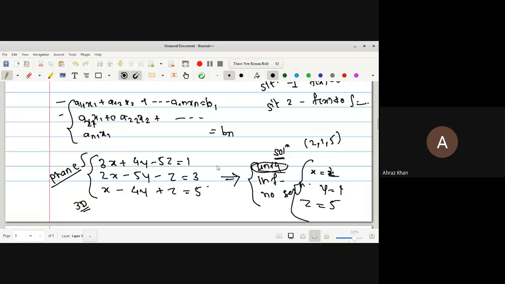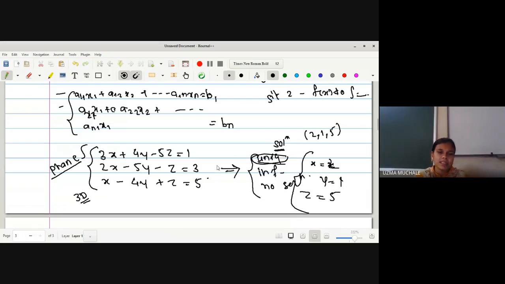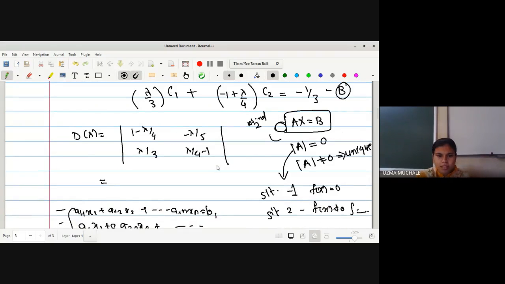When the planes do not intersect. When the planes are not going to intersect at any point, at that time we can have no solution. So here we have discussed these cases. Now let us solve this. Let me write down directly. I hope you have written it. Can anyone tell me what values of lambda you got for this?